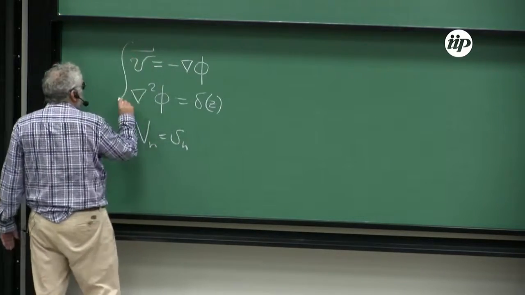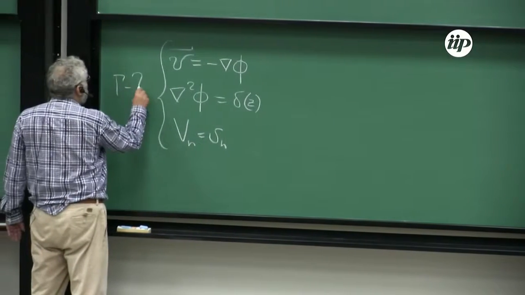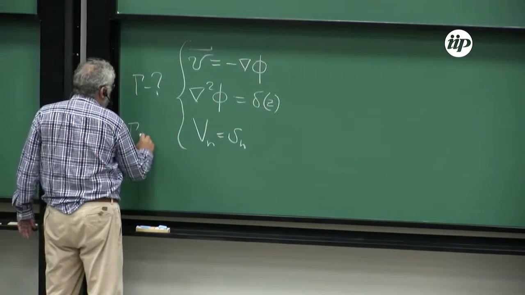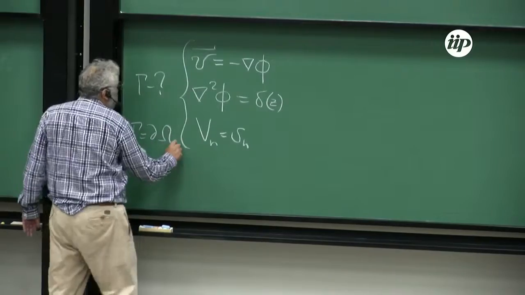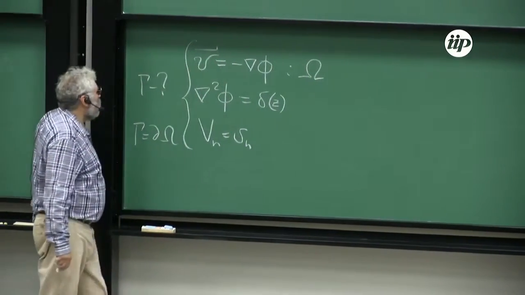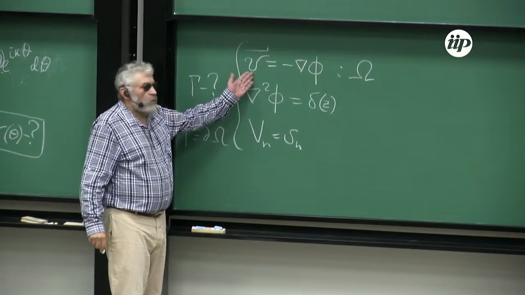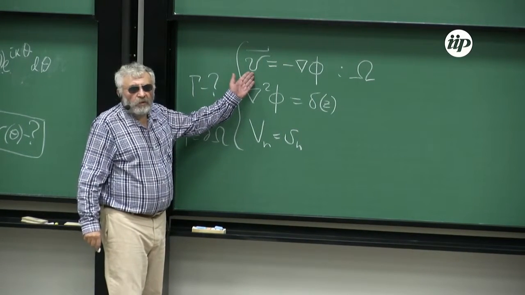That's all. And the question is, what is a boundary? A boundary of a domain omega. We have a vector field of fluid velocity,